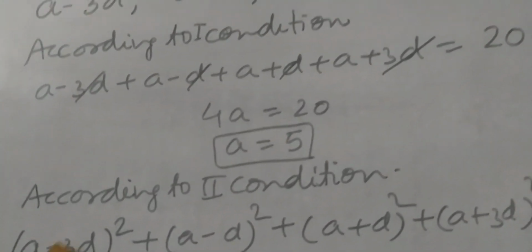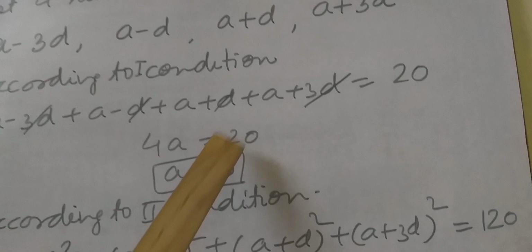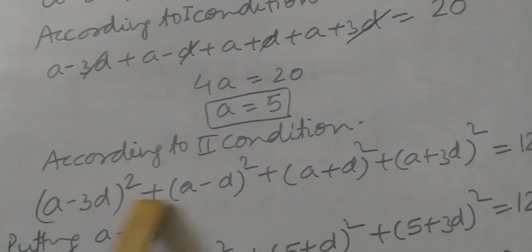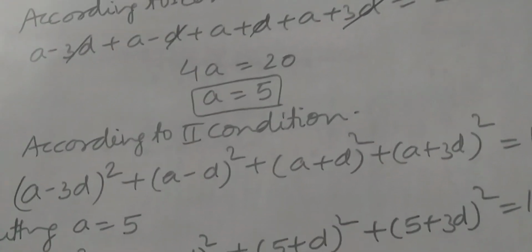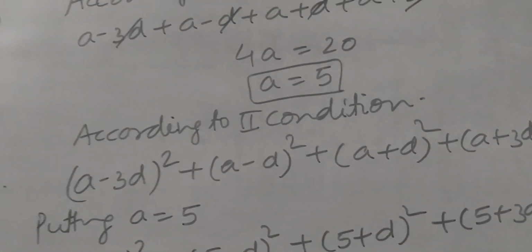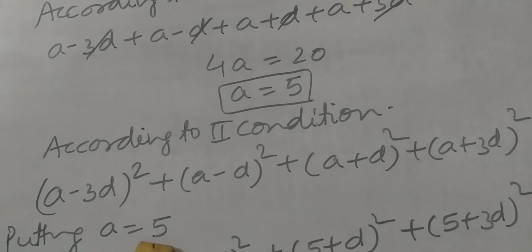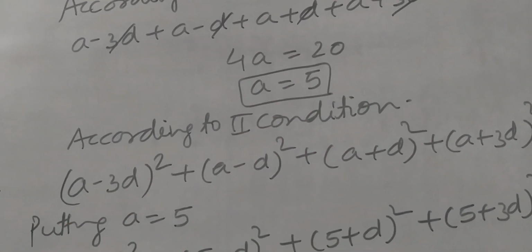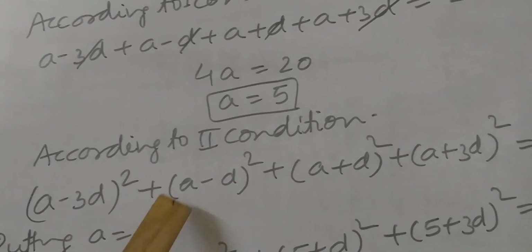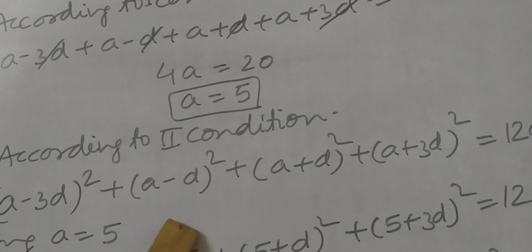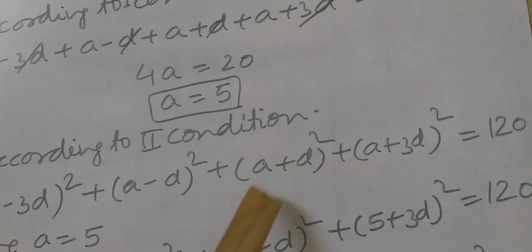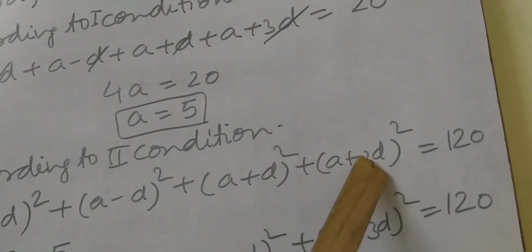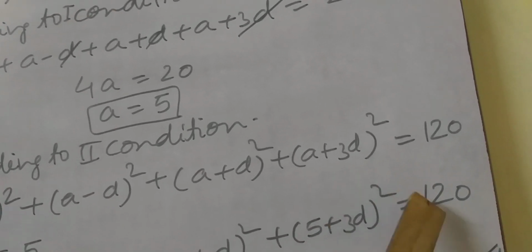First number squared, then second number squared, then third number squared, then fourth number squared. Their sum is 120. So we put A equals 5: 5 minus 3D whole square, 5 minus D whole square, 5 plus D whole square, 5 plus 3D whole square